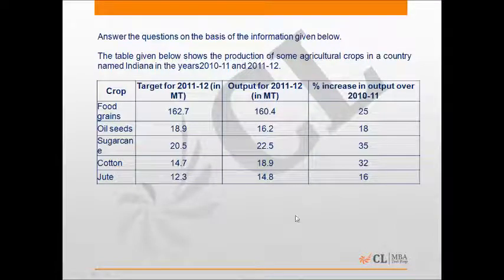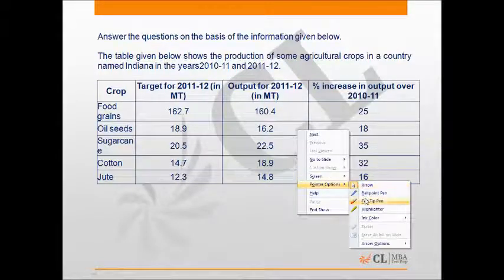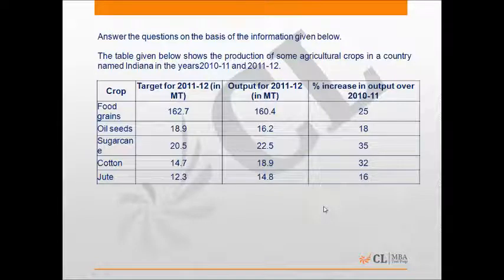Okay. This question talks about the production of some agricultural crops in a country named Indiana in the years 2010-11 and 2011-12. The crops are food grains, oilseeds, sugarcane, cotton, and jute. The data shown is of targeted production for 2011-12, output for 2011-12, and the percentage increase in output over 2010-11. Now, moving ahead with